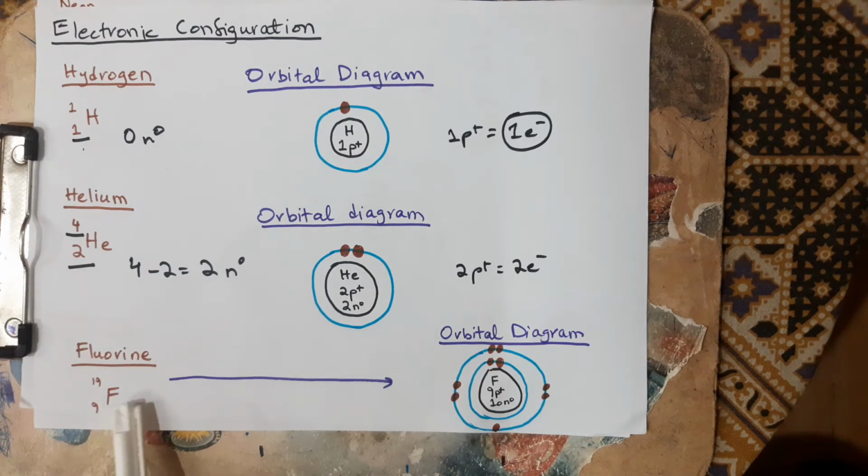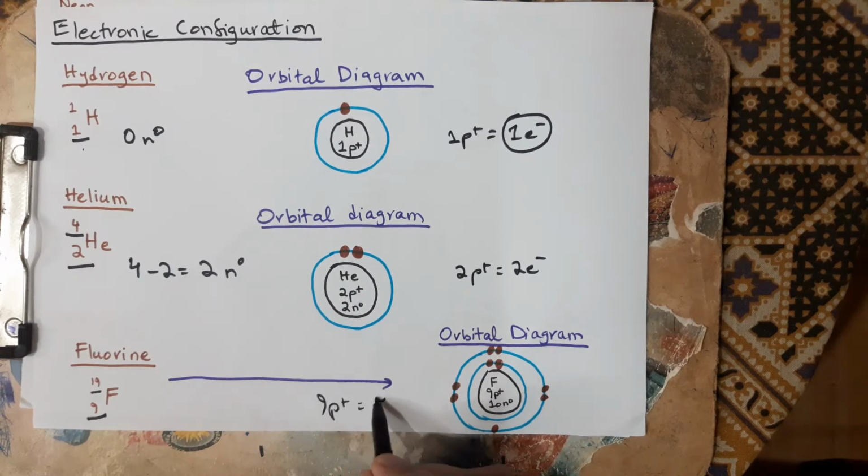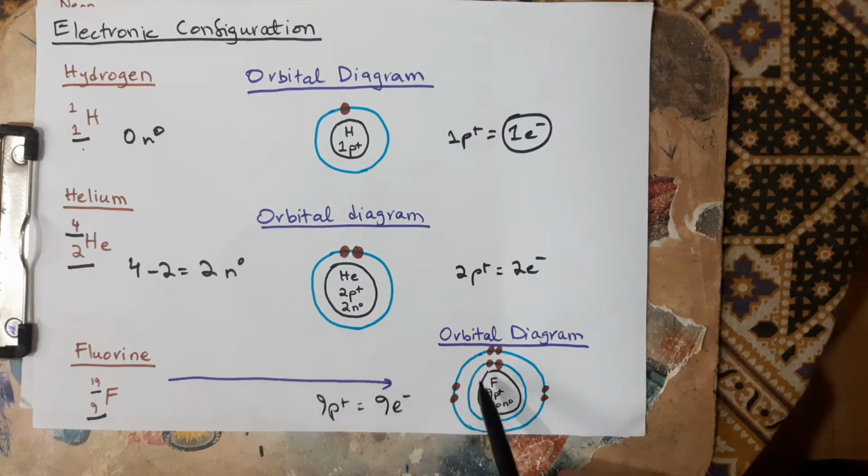And now coming to fluorine, which has the symbol F, and the proton number 9, so 9 protons, and then the mass number 19, so 19 minus 9 is 10, so 10 neutrons, and 9 protons means 9 electrons. So for that you have to first draw one shell around the nucleus, and then draw 2 electrons, not more than that. And now you see that 9 minus 2, 7 electrons are still left, so you can't draw